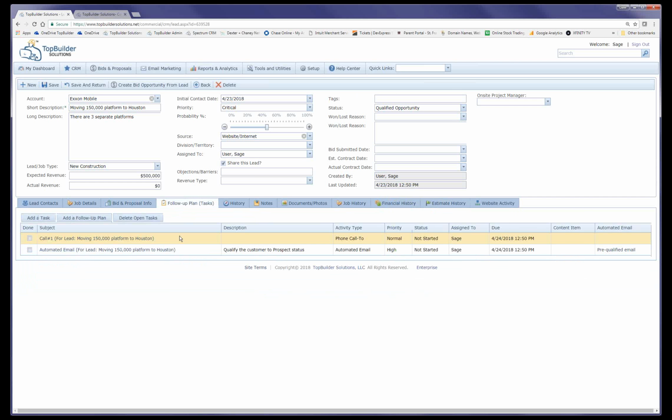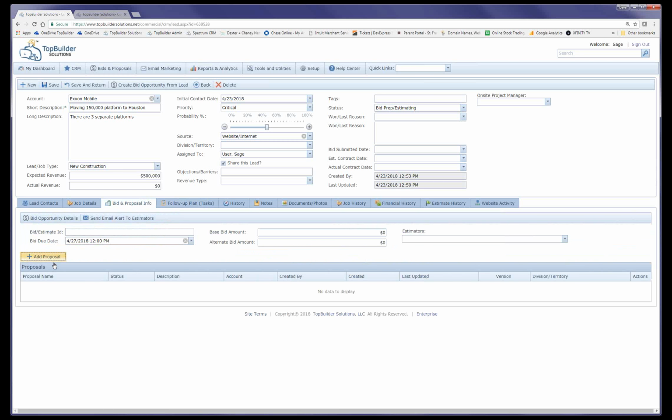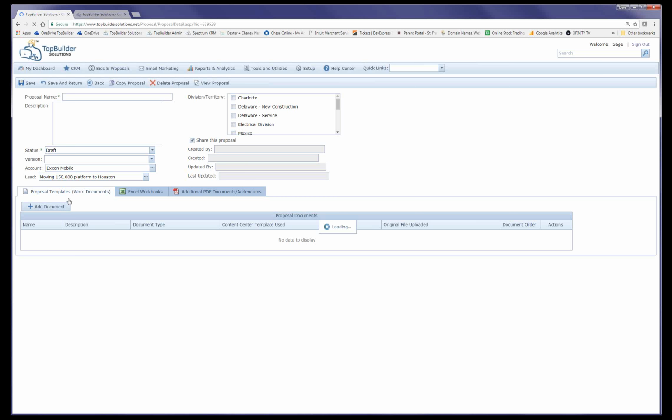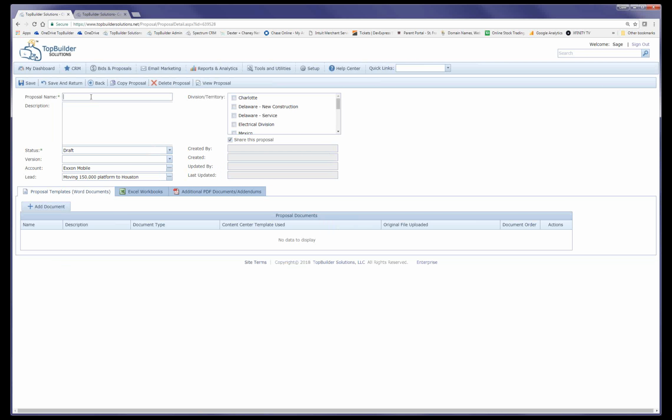Okay, but now that I'm here, let's say you've moved them into bid, you started preparing the bid and you can change their status. And you'll see that we're going to get a new plan. That goes into place here. Doesn't look like we have one attached to bid and estimating. But now let's go ahead and prepare a proposal real quickly. I'm just going to add one document real quickly just to keep this relatively concise. I'm going to go ahead and say